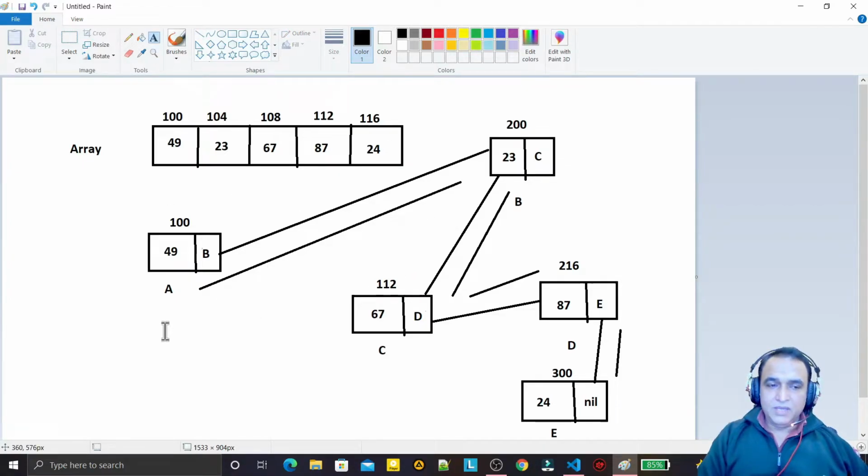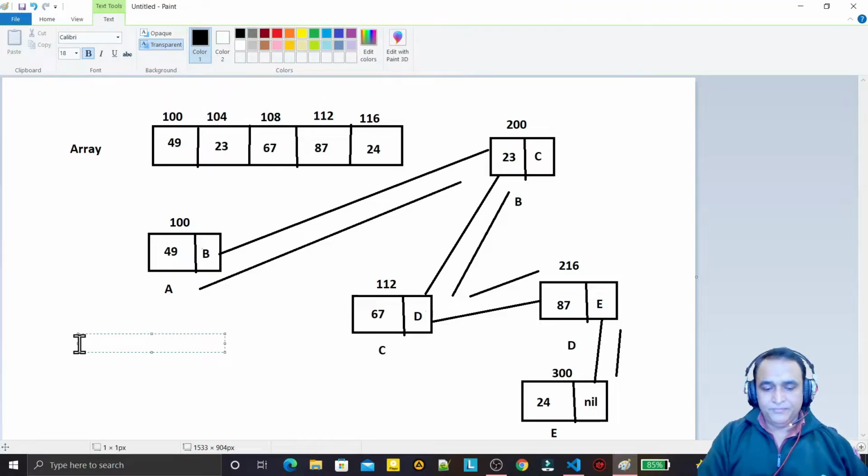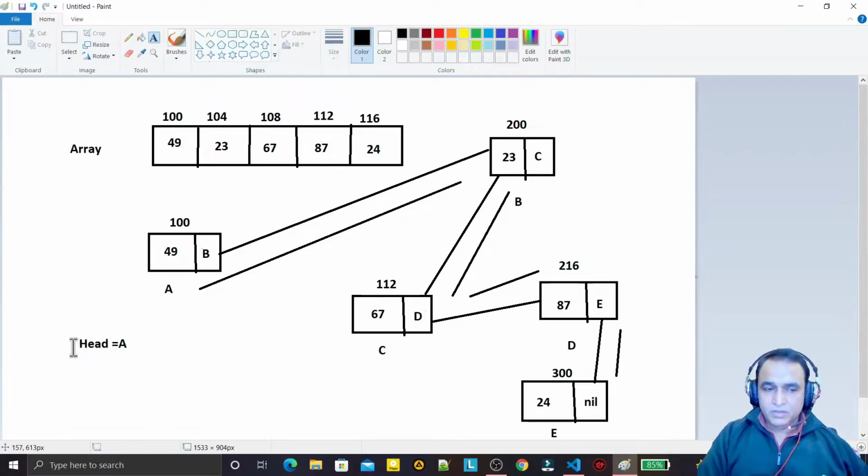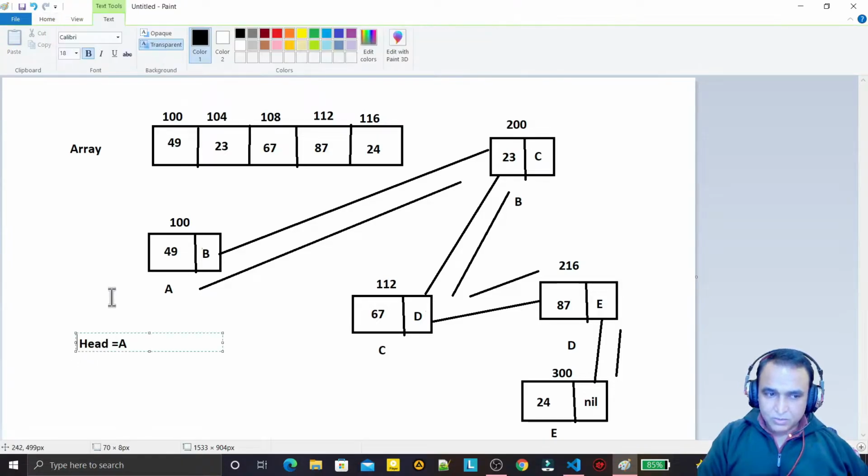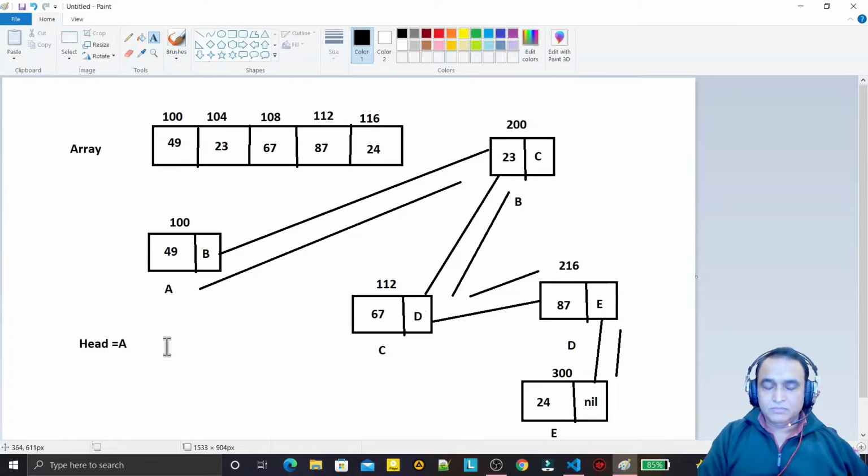That's why we always have a head node, and that head node must have the address of node A. So we always keep this head node safe from losing the information. That means we cannot change the value of head. If we lose the head, that means we will lose the complete linked list. We can't get the linked list back again if we lose the address of A, because